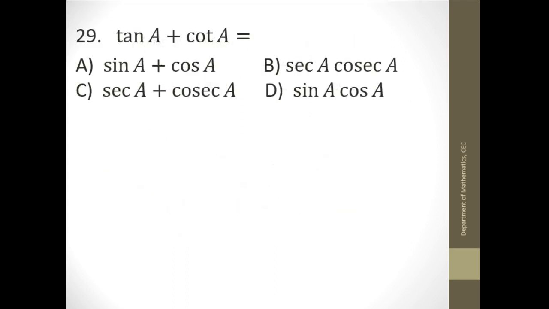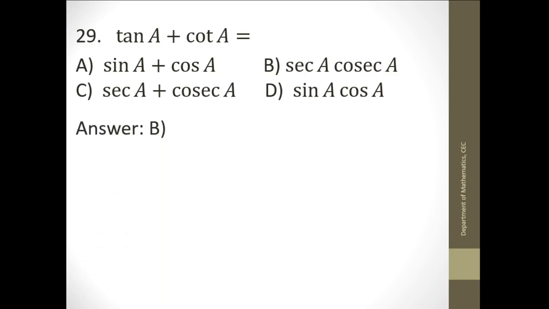So in this trigonometric function, tan A plus cot A. How to simplify tan A plus cot A? Tan A is sin A by cos A. Cot A is cos A by sin A. By taking common denominator, numerator becomes sin square A plus cos square A, which is 1. Denominator is sin A into cos A. That is 1 by sin A into 1 by cos A. 1 by sin A is cosecant A. 1 by cos A is secant A.